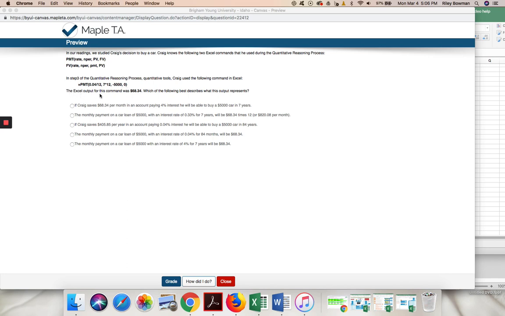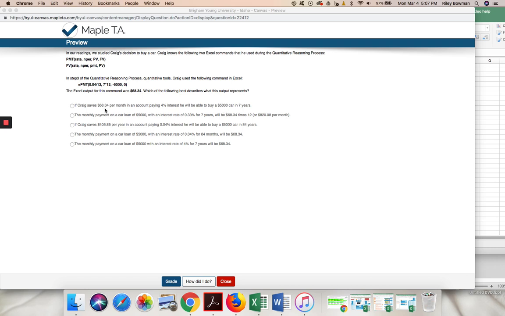The Excel output for this command was $68.34. Which of the following best describes what this output represents? We'll go through each of these and see which one best represents it. So the first one: if Craig saves $68.34 per month in an account paying 4% interest, he will be able to buy a $5,000 car in 7